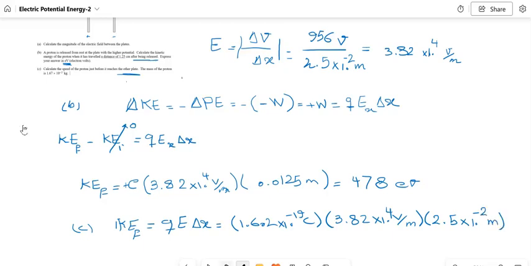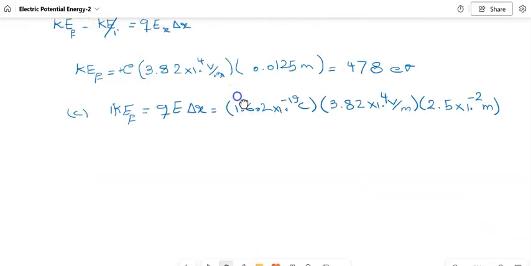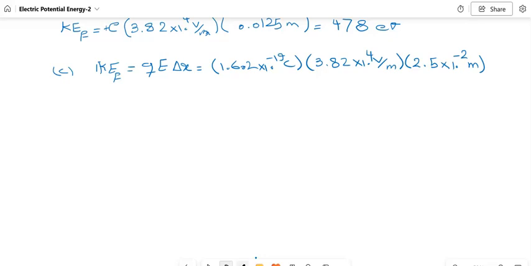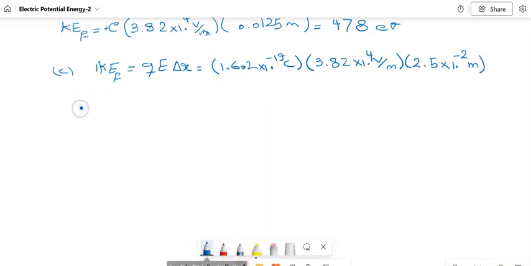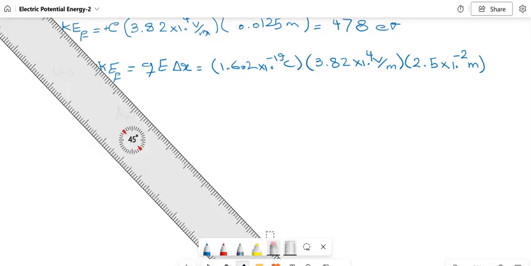So we can shift it a little bit. So here, the kinetic energy, the final kinetic energy